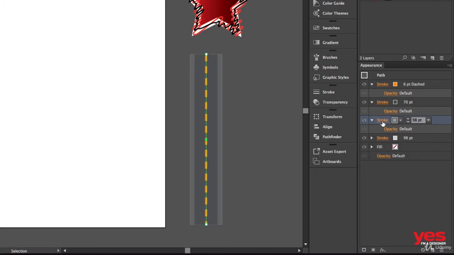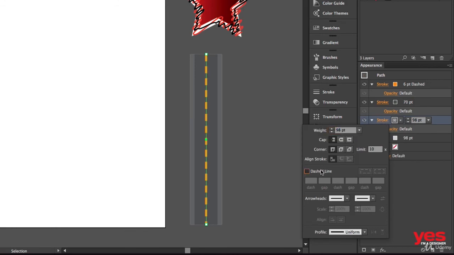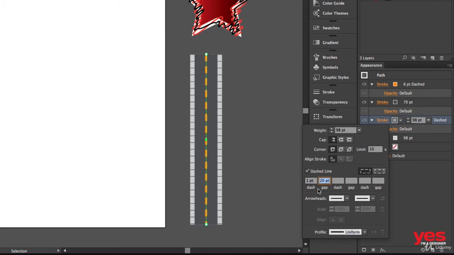I will keep it the same size, but I'm going to use dashed line on it, and I'm going to remove the gap first of all, and I'm going to decrease the dashes. So something very narrow, like 1 point. Then I can add a much longer gap, something like that, and immediately it starts to look like tiles on